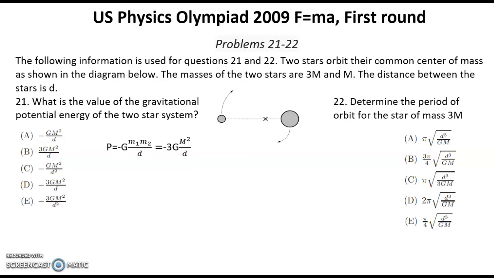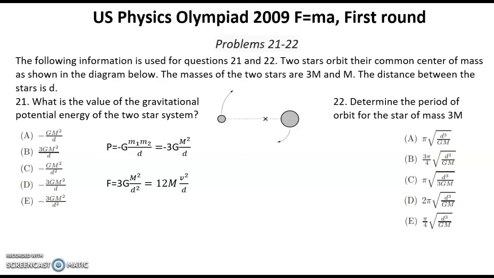Question number 22. Determine the period of orbit for the star of mass 3m. Solution. The force of gravity between these two objects equals this expression, 3G multiplied by m squared over d squared. But on the other hand, mass 3m is rotating around a common center of mass, which is at a distance of 1/4 d from this big mass,